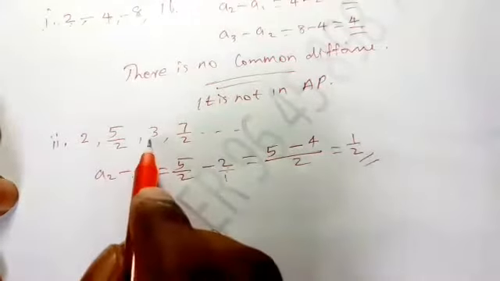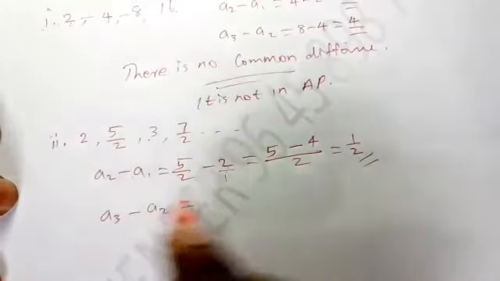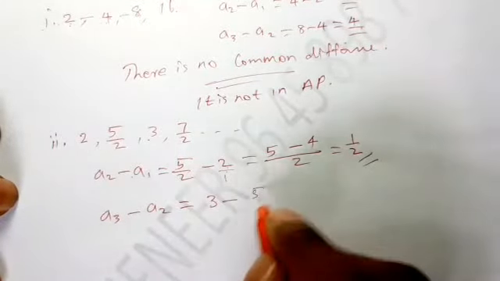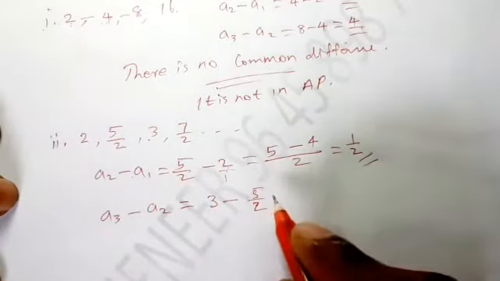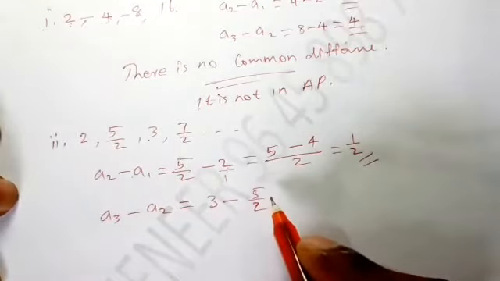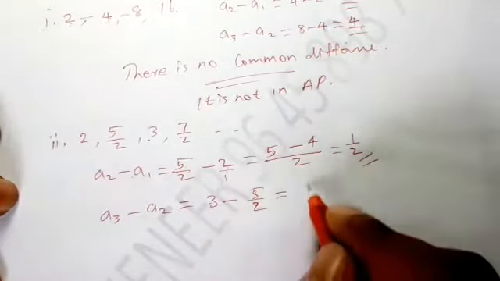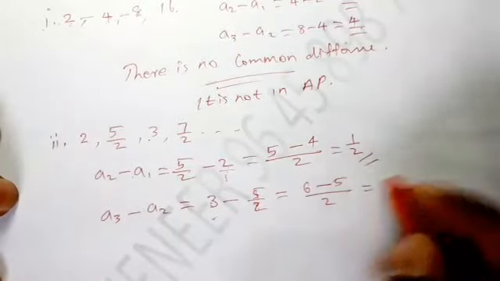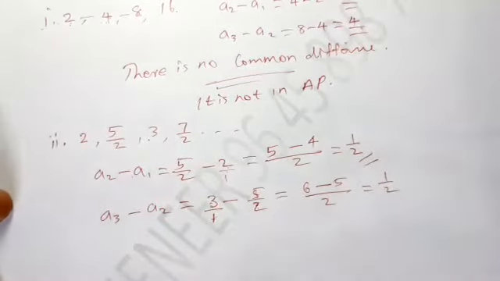Now the third term, A3, minus just the previous term, A2, that we can subtract. So we get 3 minus 5 by 2. As I told you, 3 minus 2 and a half. 5 by 2 means 5 rupees divided between 2 persons, it will be 2 and a half. So the answer is half. Or as usual, 2 3s are 6, 1 5 is 5, 1 into 2 is equal to 2, so 1 by 2. Cross multiplication. Here, no denominator means it is 1.